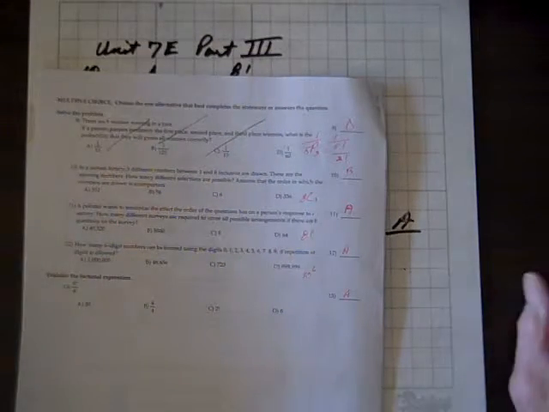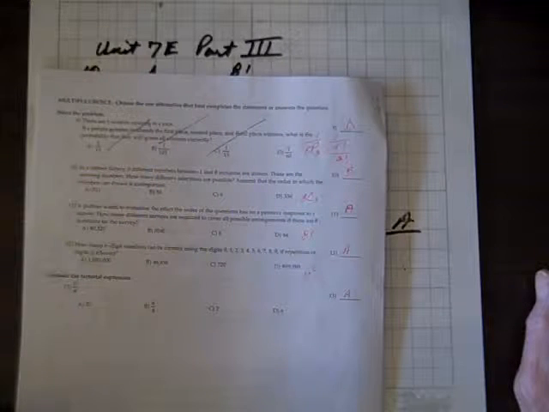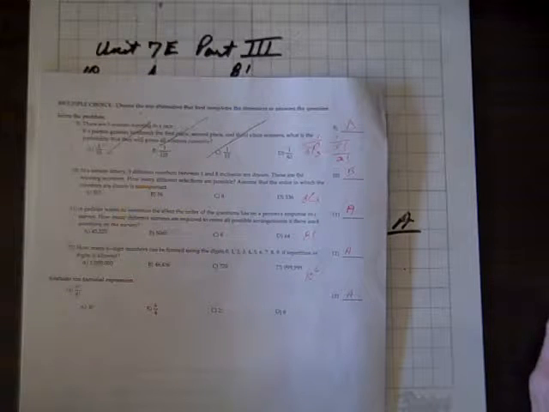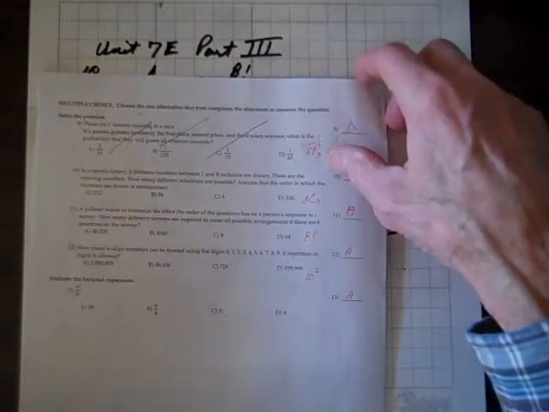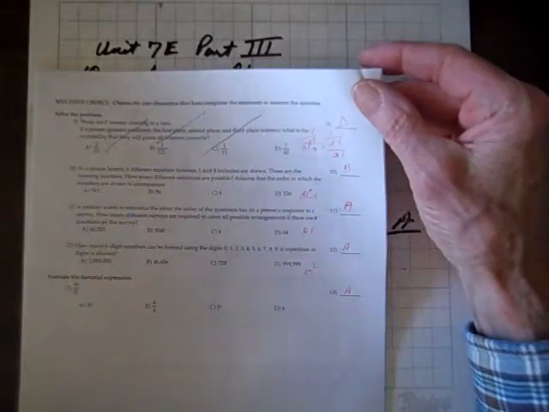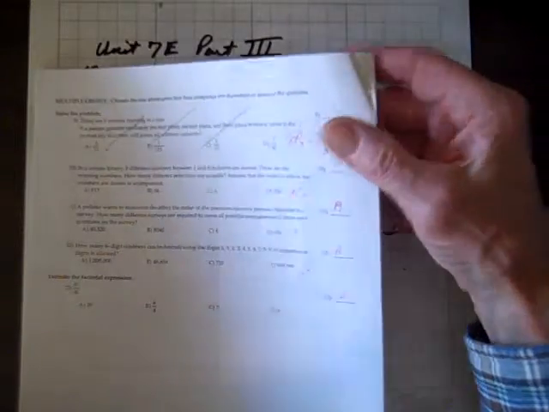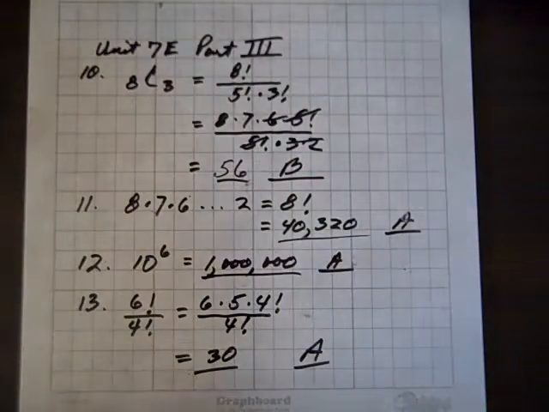Now for 11, a pollster wants to minimize the effect the order of the questions has on a person's response to a survey. How many different surveys are required to cover all possible arrangements if there are 8 questions on the survey? Well,